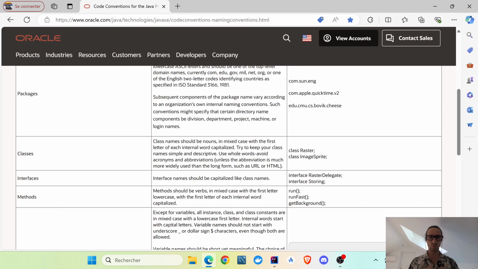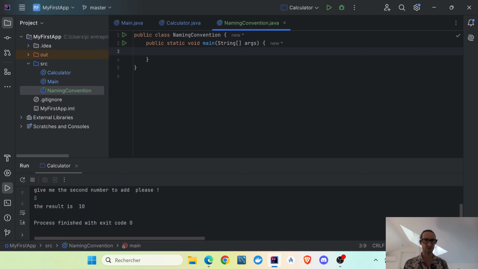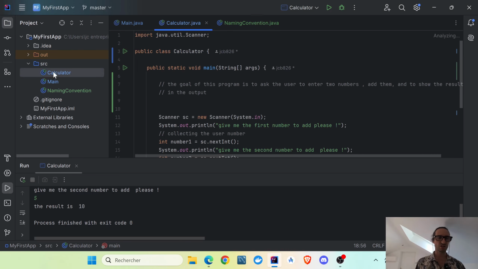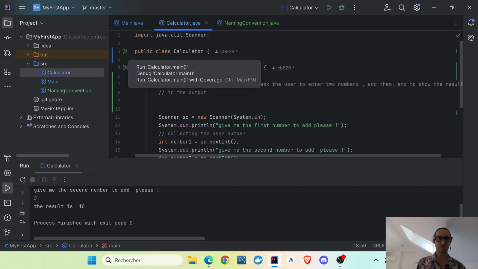Use whole words. Avoid acronyms and abbreviations unless the abbreviation is much more widely used than the long form, such as URL or HTML. All right. So to summarize, we will use a capitalized letter for the first letter of the name of the class. So, as we did already, Calculator starts with a capitalized letter,